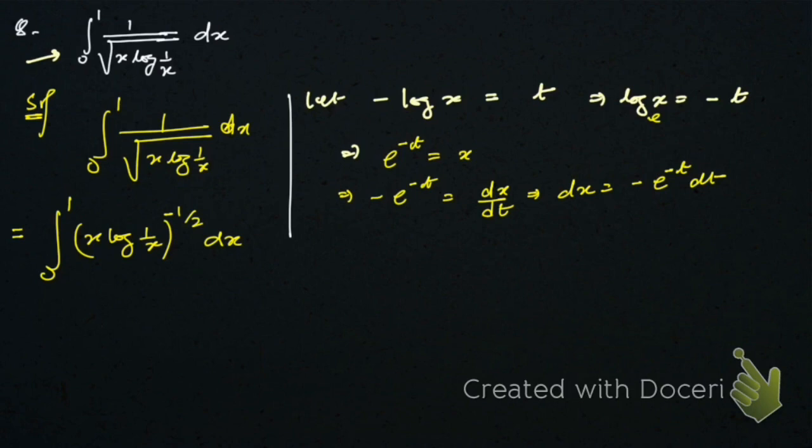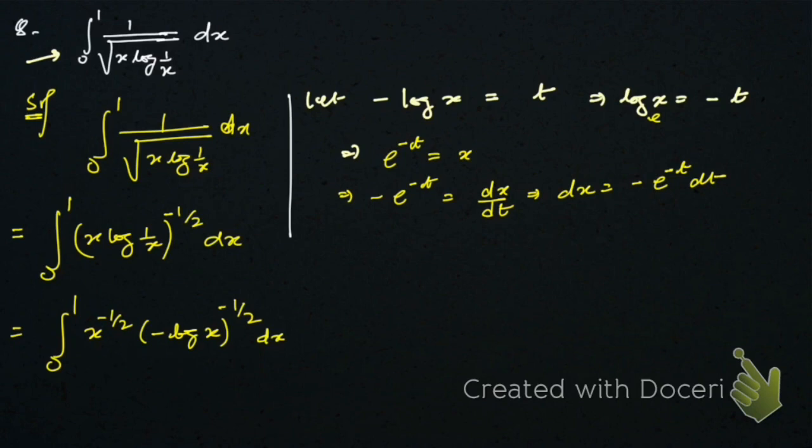Then again it can be written as integration 0 to 1 x to the power minus half, and this log of 1 by x we can write as minus log of x whole to the power minus half, because we can replace this minus log of x by t, right? So hope you have understood this. So I forgot the dx. Okay, so if you replace these integrals